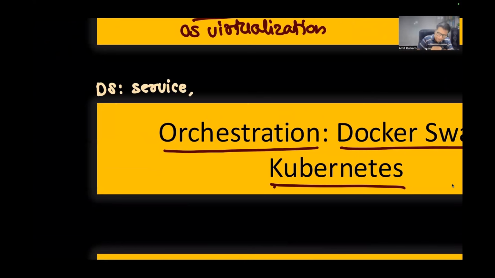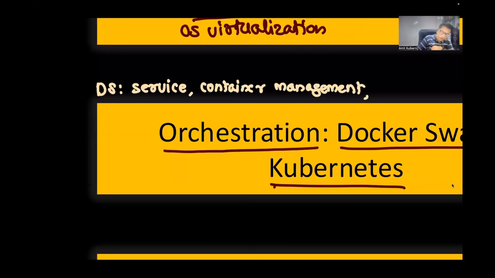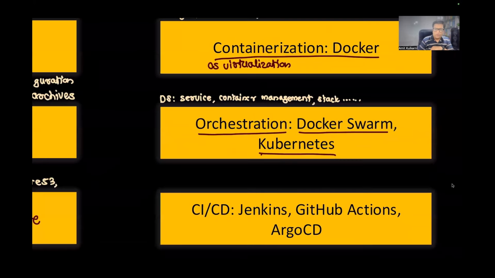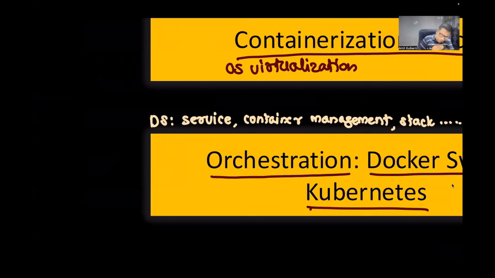How do we load balance it? How do we go about configuring it? I mean, multiple applications or multiple containers, which is known as container management. What do you mean by stack, and so on and so forth. There are many things which are very simple in Docker Swarm, but you should know them, so that the Kubernetes concepts will be very simple. Under Kubernetes, there are a lot of things. Docker Swarm, you can understand in hardly a day or two, nothing more than that.